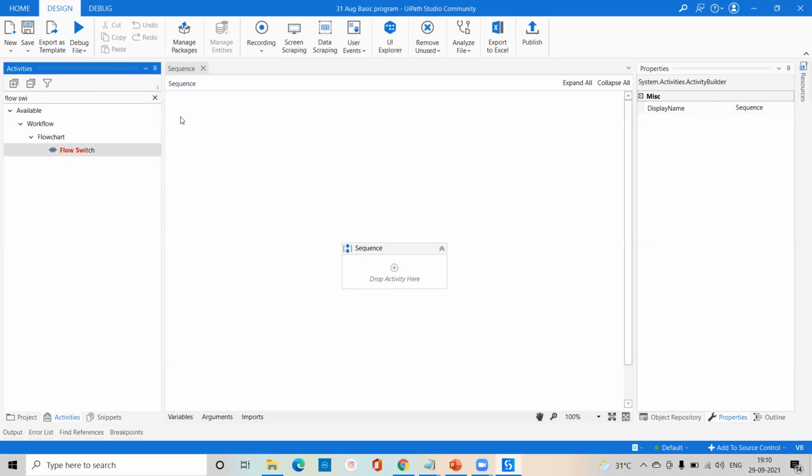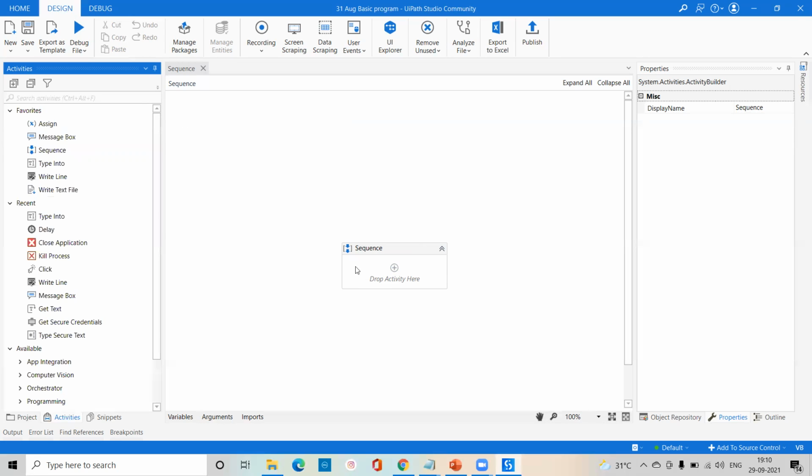Okay, the first thing. The second limitation is that sequence is especially for small sub-processes, so only one sub-process is possible at a time. If you use multiple sub-processes, everything will work one by one in a linear process. If you do not want to start a part of the process, then every time you have to disable the activity you're going to use. Okay, so that's the limitation of sequence, we are not able to use all activities.